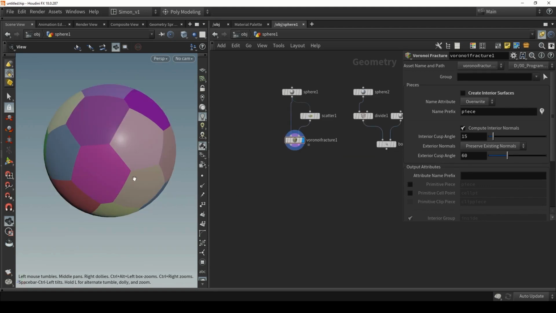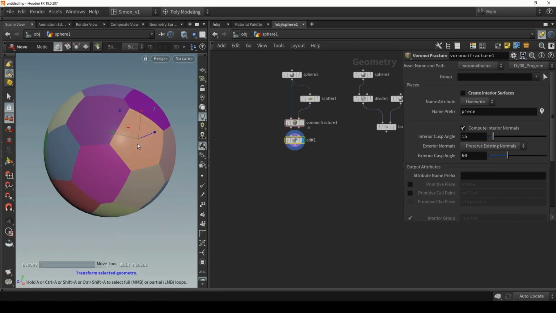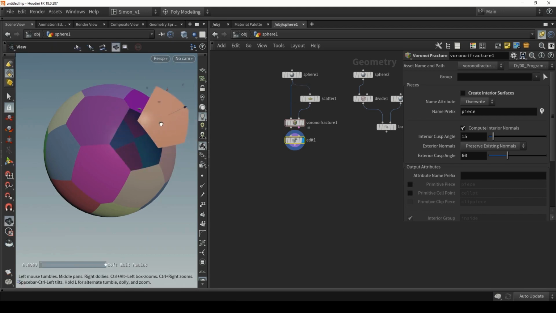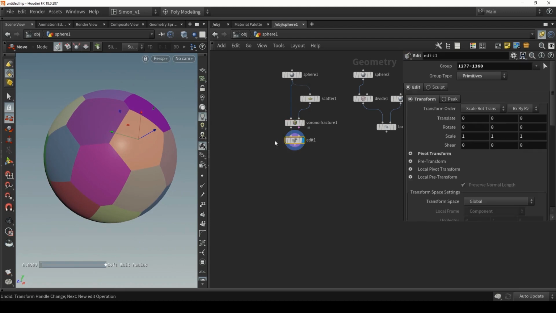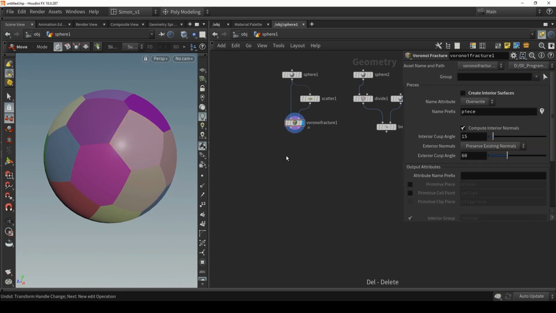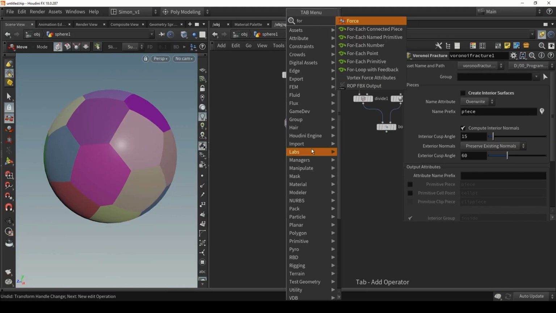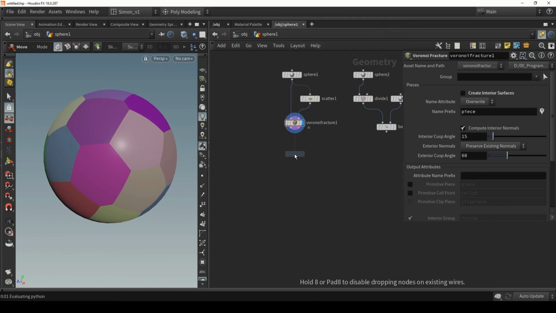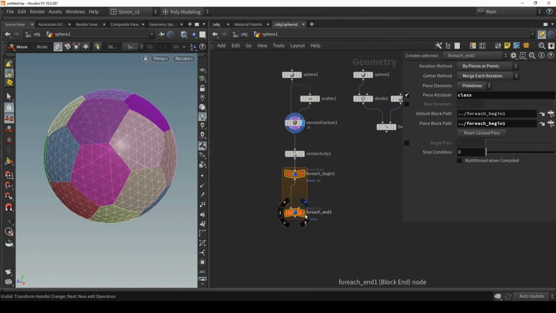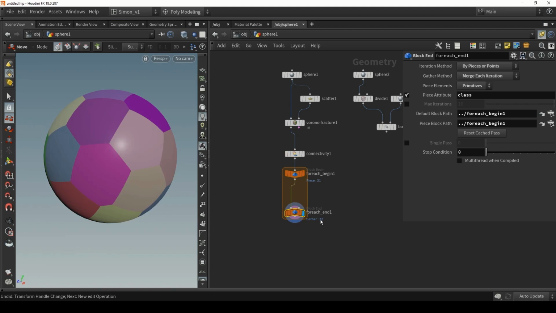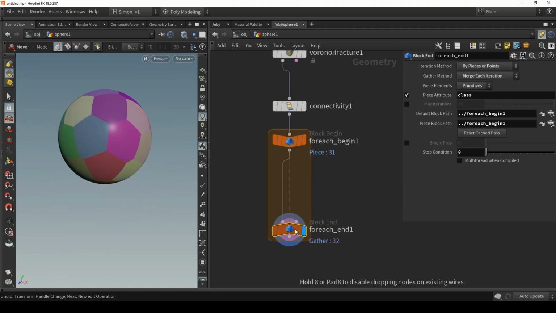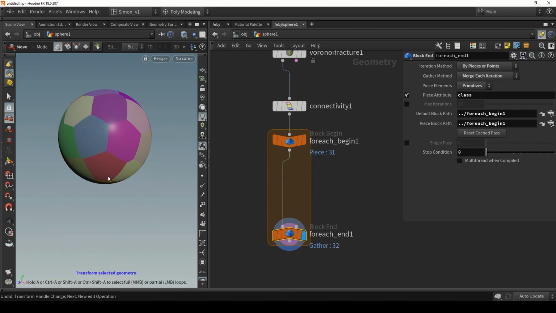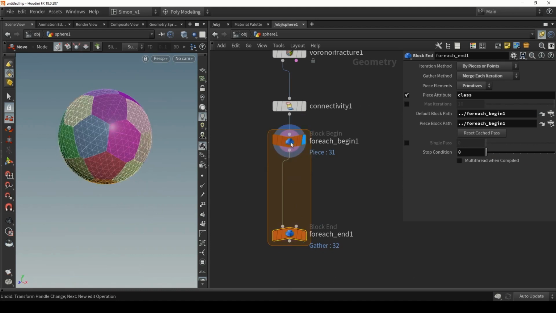In here, what's interesting to know is that all pieces are not attached anymore. As you can see, I can just drag and drop one piece out of there. So I will be using that to my advantage, and I will be using a for loop, and I can say for each connected piece, I want to loop over it. So we're going to loop 32 times, which is the equal amount that I've put in here. So everything that we do here in the loop will be done for every piece. So as an example here,